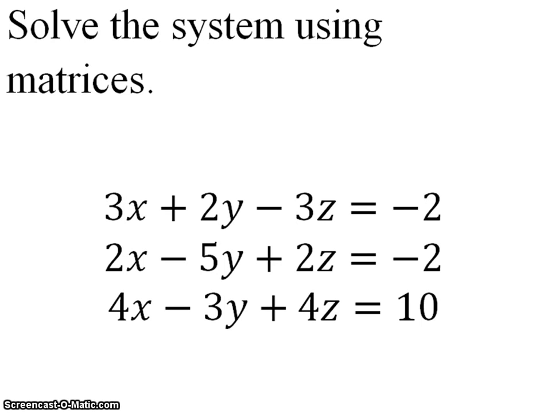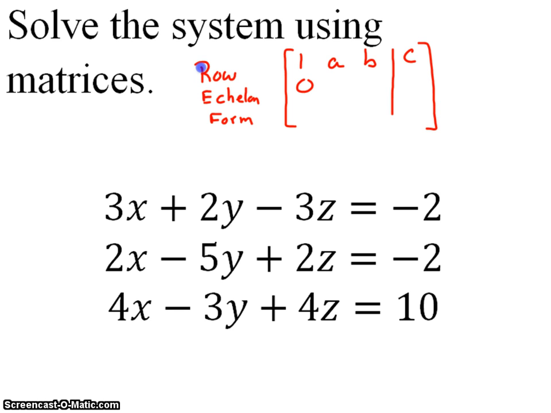Okay, in this video we're going to be solving this system by using matrices. Now we're only going to go as far as writing the system in row echelon form. So just to remind you what row echelon form looks like, it is a matrix, an augmented matrix, in which the diagonals